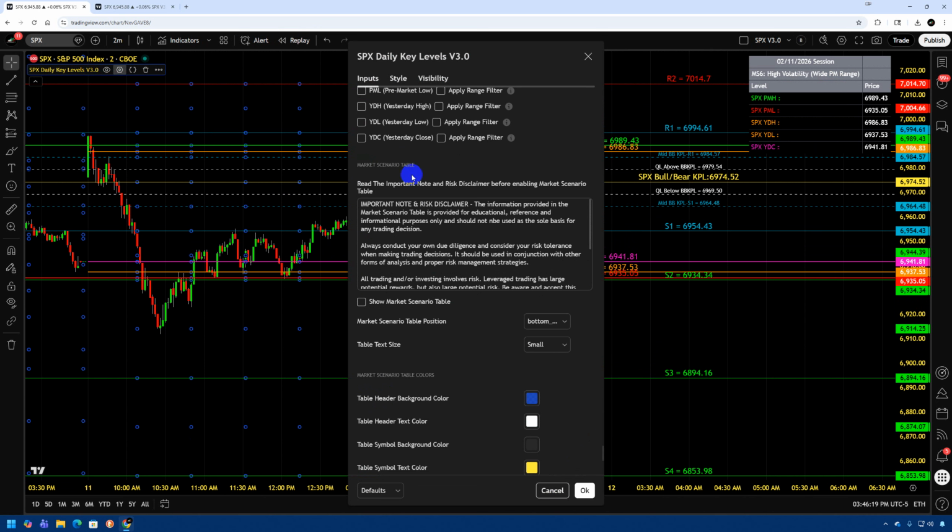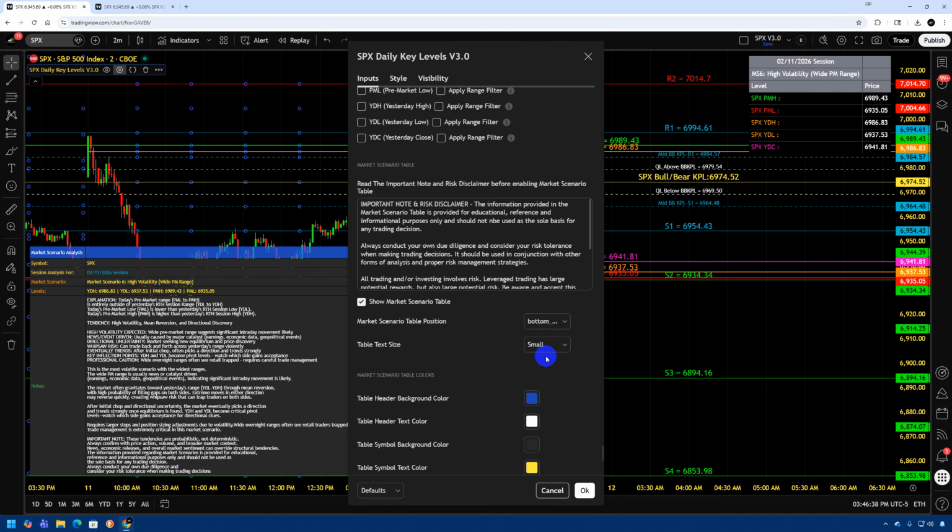and you'll see this market scenario table section. Here's an important note and risk disclaimer before enabling the market scenario table, which you should read. And we click on Show Market Scenario Table. And as you can see here, we can change the market table position on the chart as well as the table text size. The default size is going to be small and the default position is going to be the